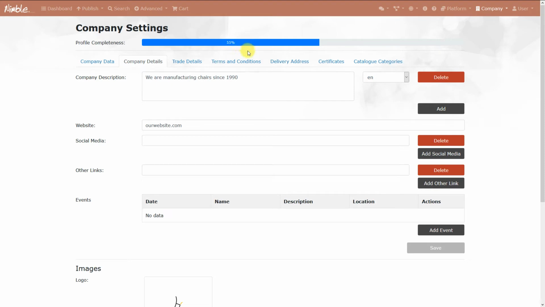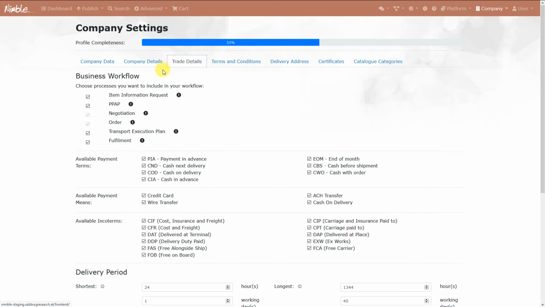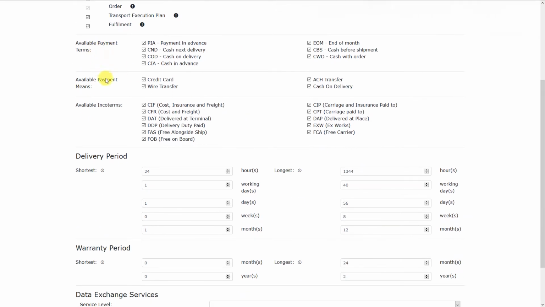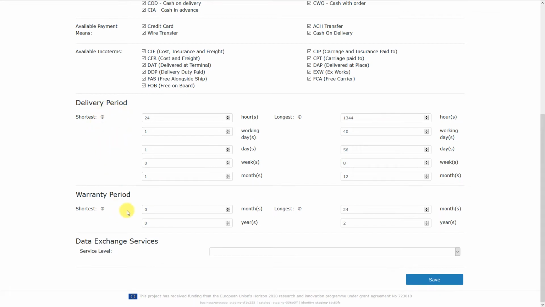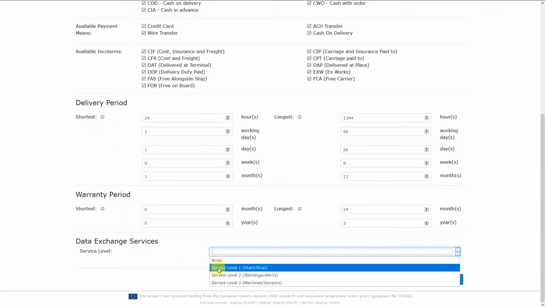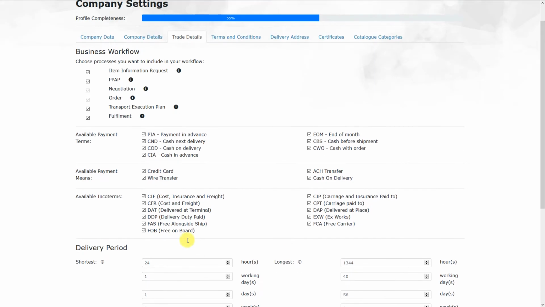Again, we can see that profile completeness gets updated. The trade details allows for adapting the business workflow and the different trading terms. Information about the different workflow steps can be found in the tooltips. We can change the payment terms, means, Incoterms, delivery periods, warranty period, and the data exchange service level for the